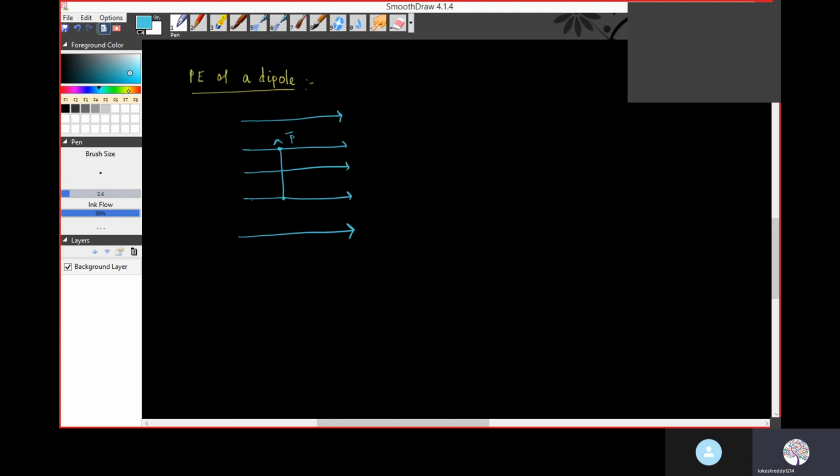This is minus Q and this is plus Q. So now theta is 90. So now if I make it to an angle theta,